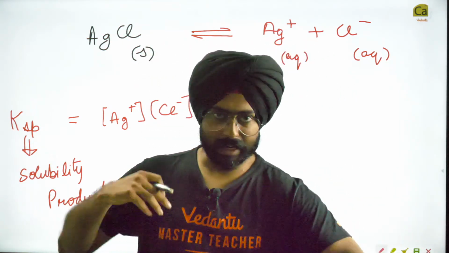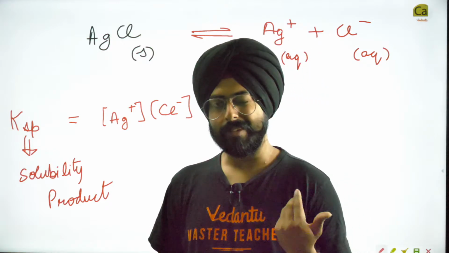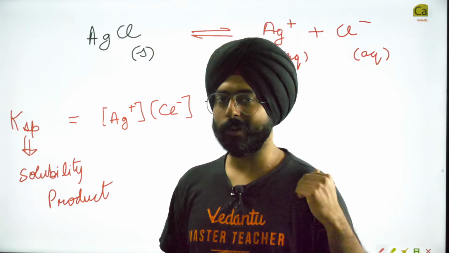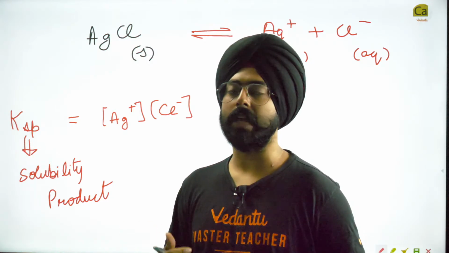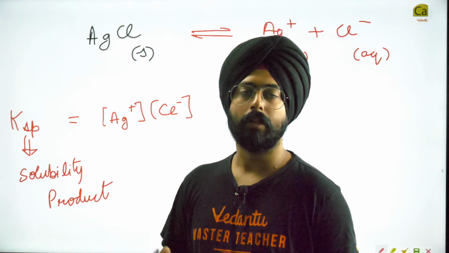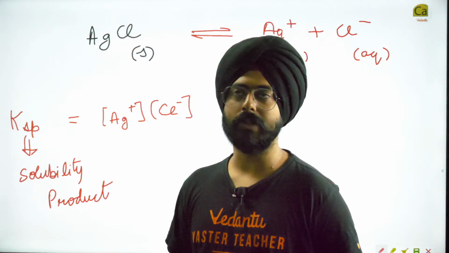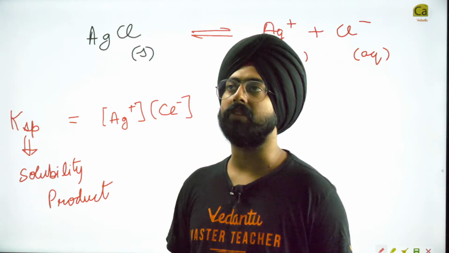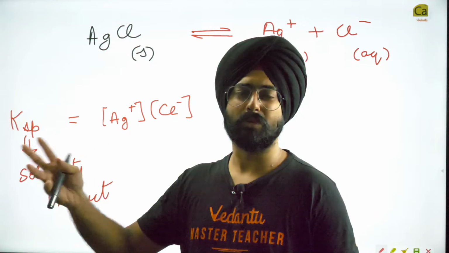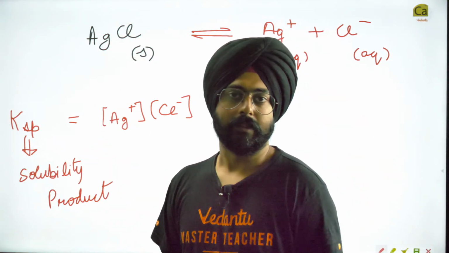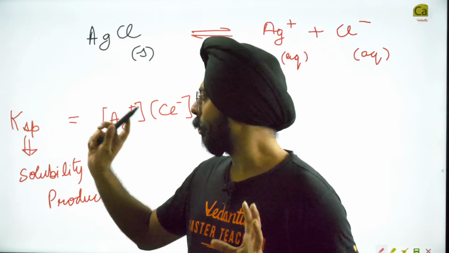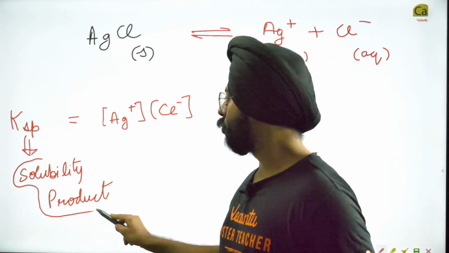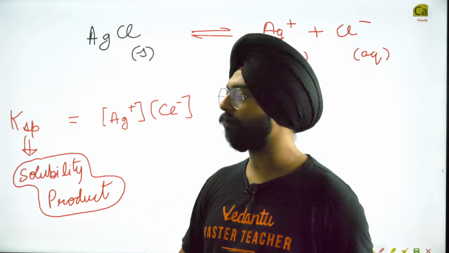So every K equilibrium that I see in life, I will rename it. I saw the K equilibrium for water, ionic product of water, better still, self-dissociation constant of water. I saw it for acids and bases, acid dissociation constant, hydrolysis product, they say anything. So whenever you see a K equilibrium, you rename it to something that sounds fancy. Over here, we rename it to solubility product.